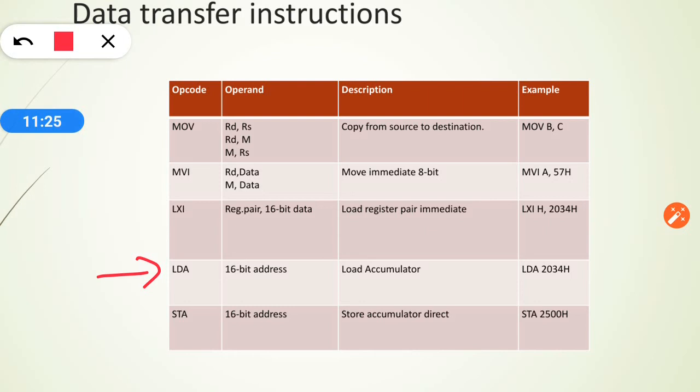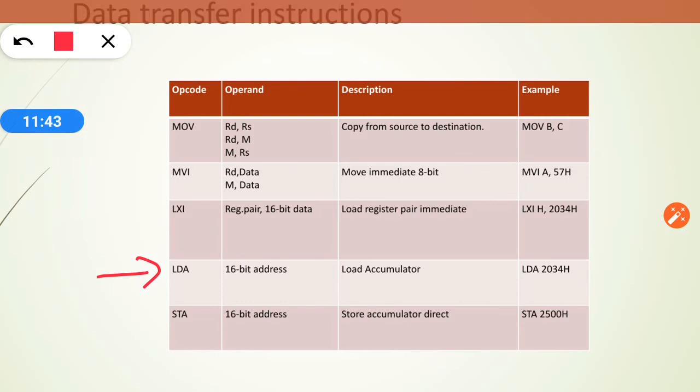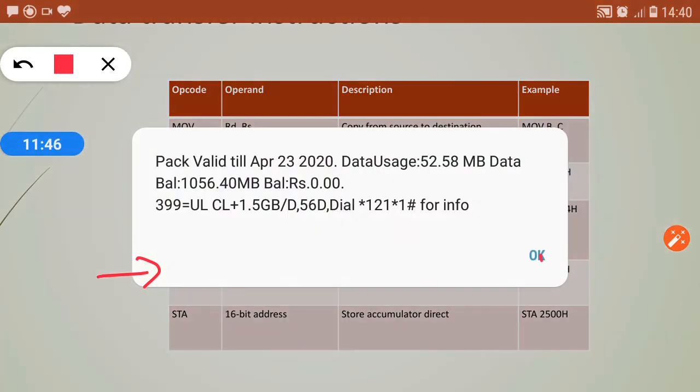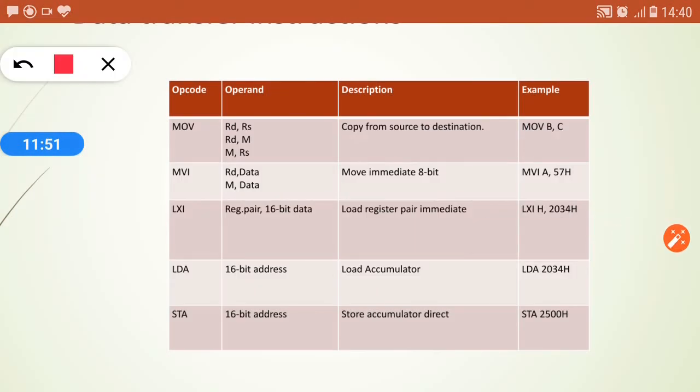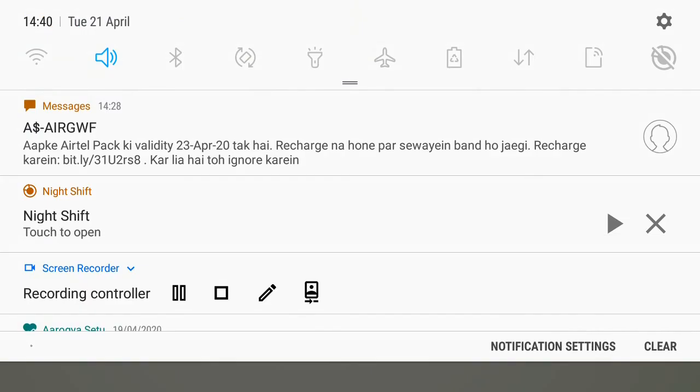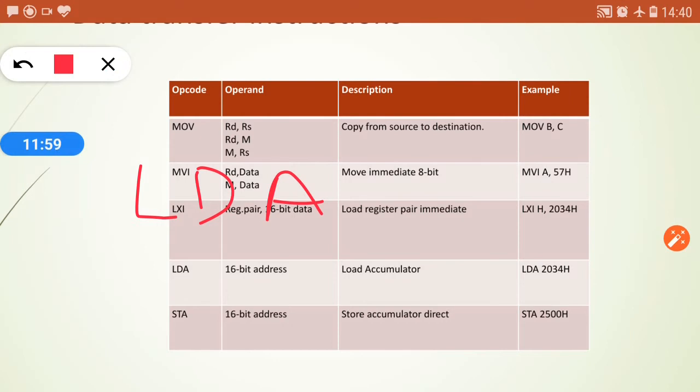But for that we require the 16-bit unique memory address of the particular memory location, right? So for loading data from a memory device to the accumulator, you can use this instruction, LDA.